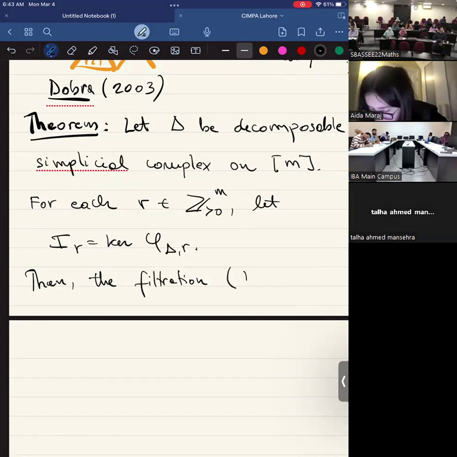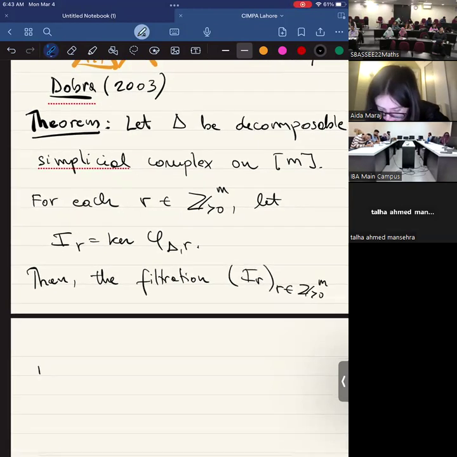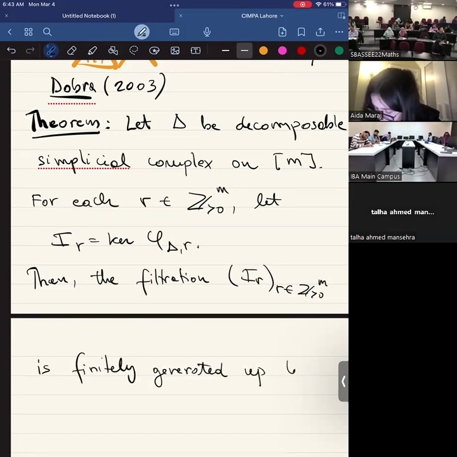And the filtration I_R, for R in Z greater than 0 to the M, is finitely generated up to S